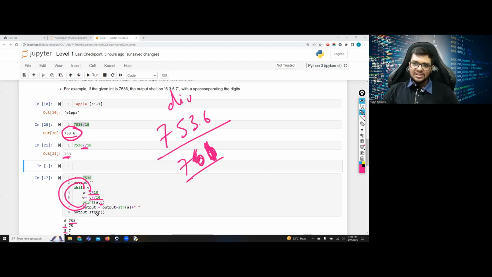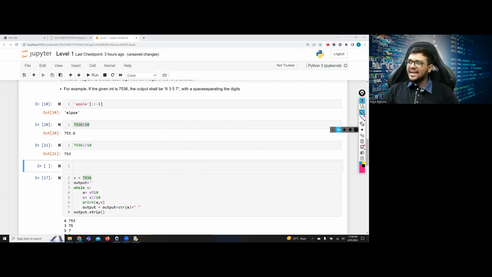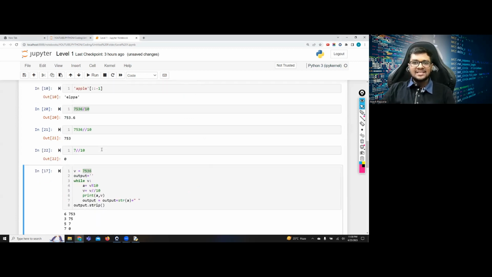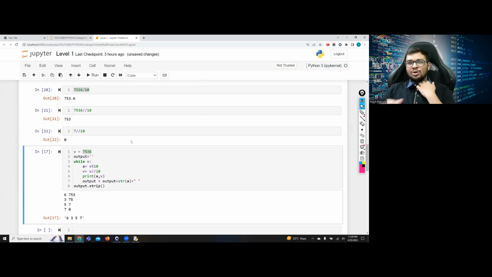In the same way, now 7 would go up. 7 modulus 10 would be 7. 7 floor division 10 would give you the answer as 0, because 0 point something would come down to 0. You can see that it's 0. Now what I did, all the A values, see what is there in my A,